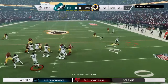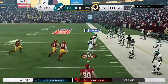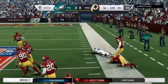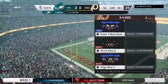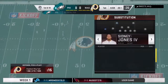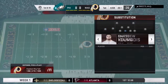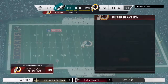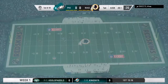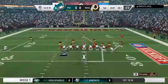From the gun on third down, Wentz caught by the tight end Ertz. And he finally goes down at the 23-yard line. A big play there on the catch and run. 46 yards. First down, Eagles. So the big play gets him all the way down to the outskirts of the red zone here for 1st